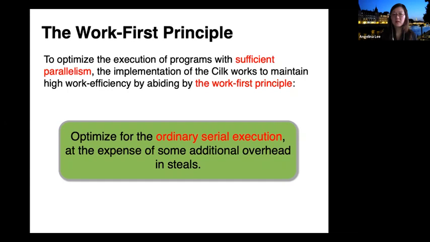Because whatever serial execution time goes into the T1 term, or the T1 over P term in the scheduling bound, whereas the overhead in the steal, roughly speaking, goes into the overhead in front of the T infinity term. And so we really want to optimize for the ordinary serial execution, even at the expense of putting some additional overhead in the steals.